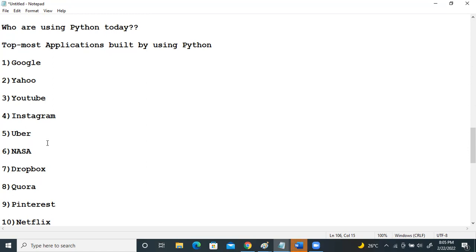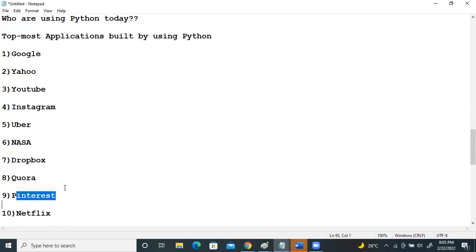Even examples like Pinterest and Netflix are classic examples of a company choosing Python. Netflix uses Python libraries like NumPy and SciPy for numerical analysis. Even Dropbox, the home for all your documents, files, and photos,